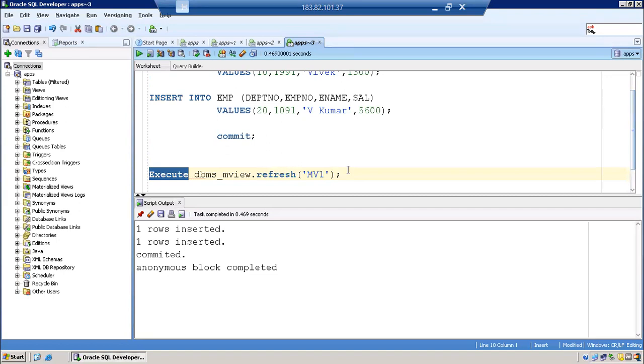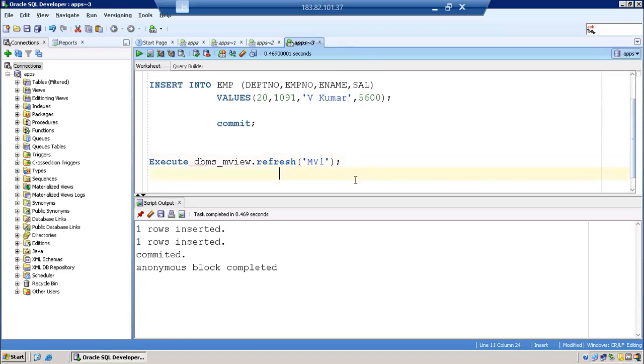Then while creating this materialized view, at that time itself, we can specify that the materialized view should automatically refresh based on that particular command. So what we can do is, refresh types are available here. There is fast,